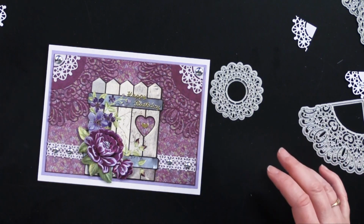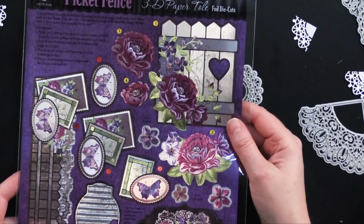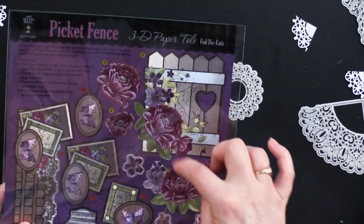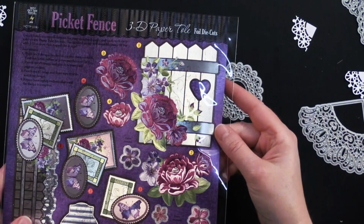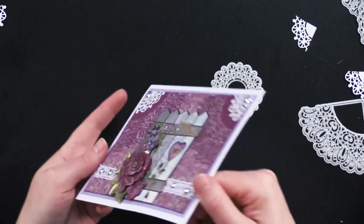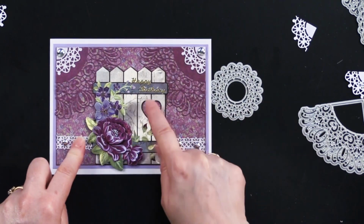And then I built a little paper toll, got their little picket fence here that coordinates beautifully. And of course, these are built by following the numbers, punching them out, and then layering the pieces with foam tape. So you've got some nice little dimension there. Added some more of those little silver studs right here, and then